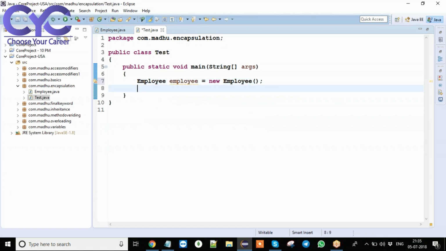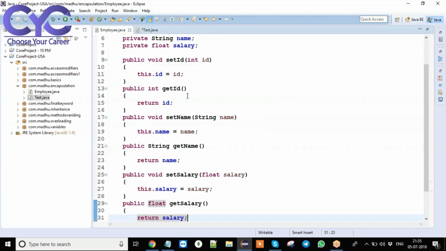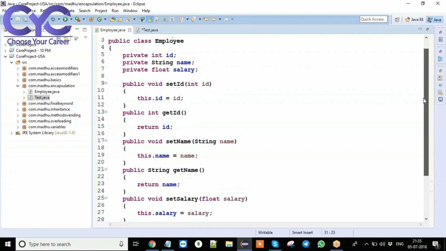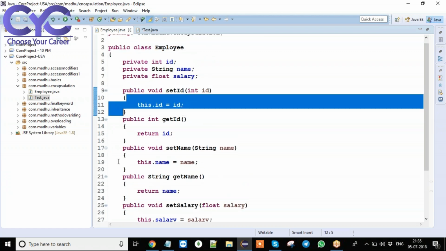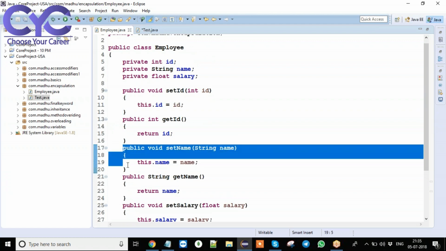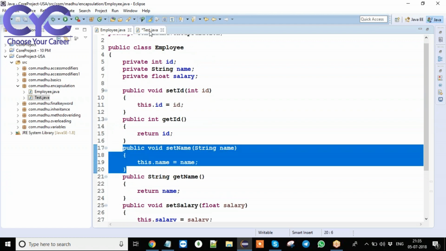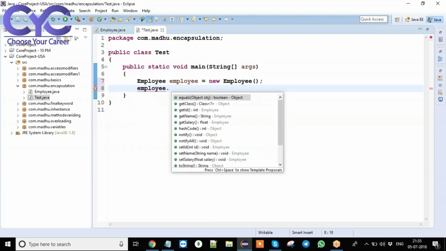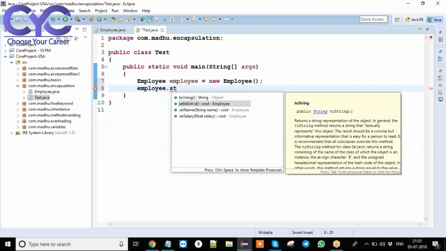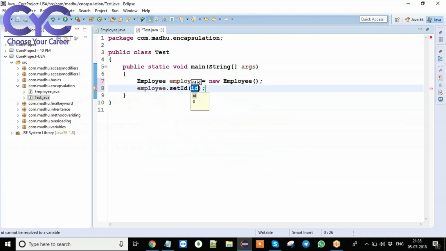Now see here, these private variables we cannot access outside the class. For that purpose only we are taking these setters and getters. By using these setter methods, we are going to set the value for those variables. Now see here, employee.setId of, see here, setId, there we have created, right? By using that setter method, we set the value. Now I am giving some data.